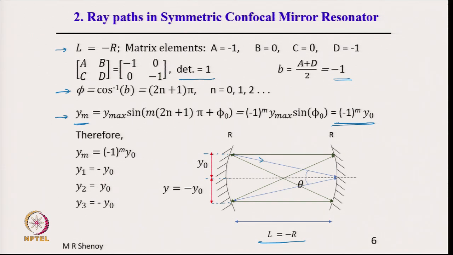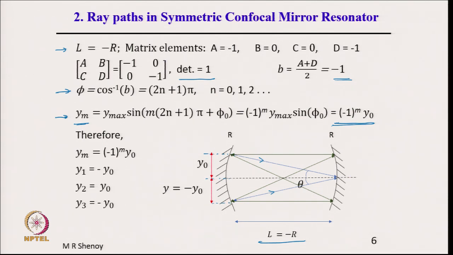Now, the ray would start again from here, because note that this separation is equal to the radius of curvature, and therefore, any ray coming from the center of curvature of the mirror will be reflected back along the same line, and therefore, it will again start going in this direction, satisfy the law of reflection here and come back. That is y 2. This was y 1 and this is y 2, equal to again y 0, and the ray will go back and forth.